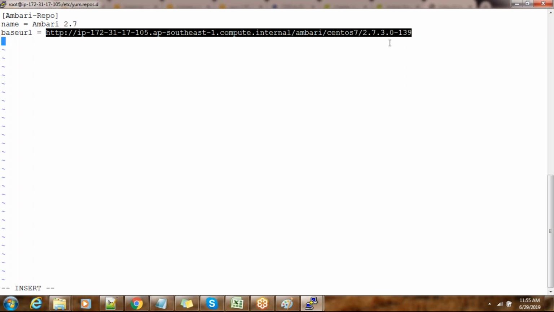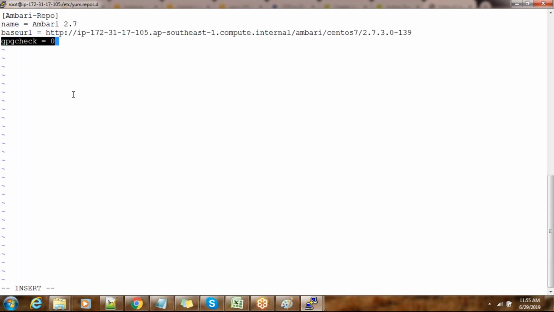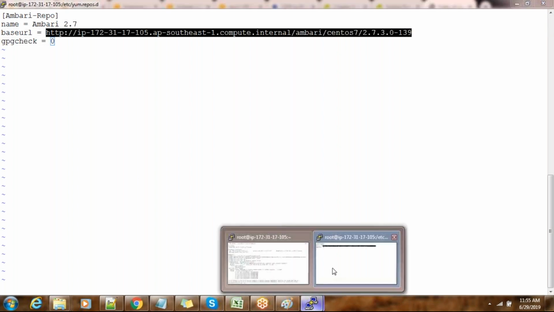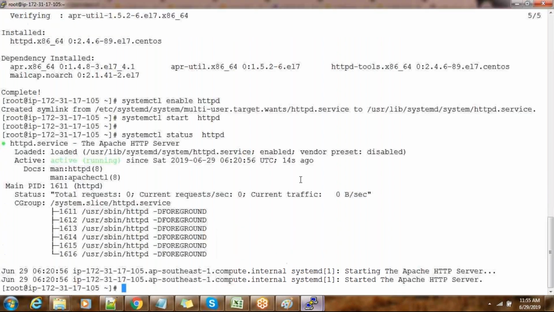And gpgcheck, you can enable or disable. I am disabling it. If you disable it, there is no need to pass the GPG key. I'm sure that whatever packages I downloaded are fine, so I'm just disabling the GPG check. But if you enable the GPG check, you need to check what the GPG file location is.